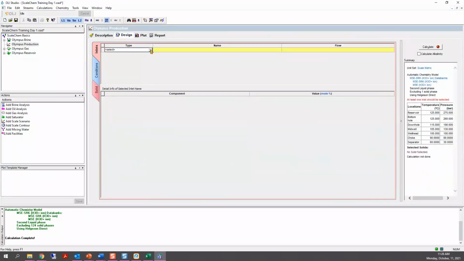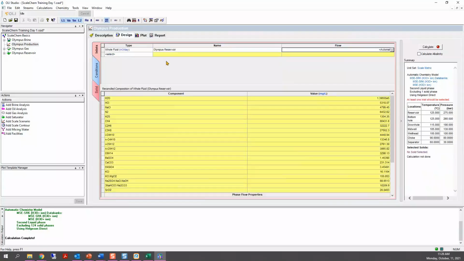What I can do here is bring the whole fluid that was recreated at the Olympus Reservoir. So we are going to select whole fluid and then select the option Olympus Reservoir. You don't even need to enter any mass of gas or brine, because we have already entered that in our respective analysis.